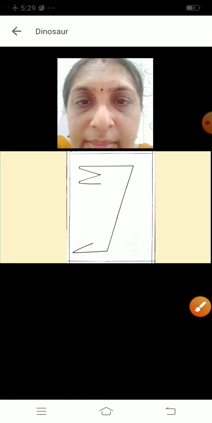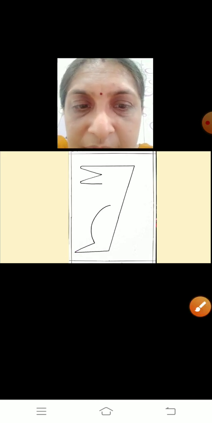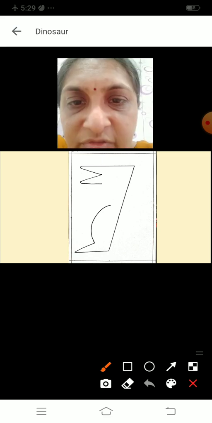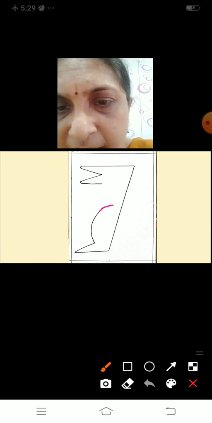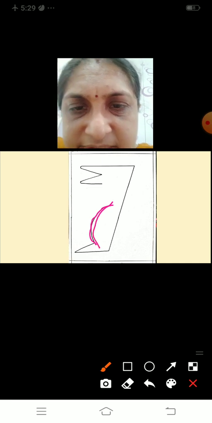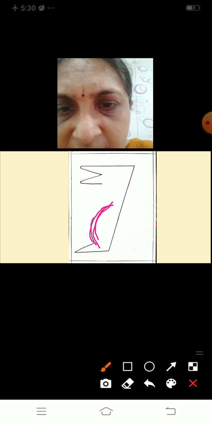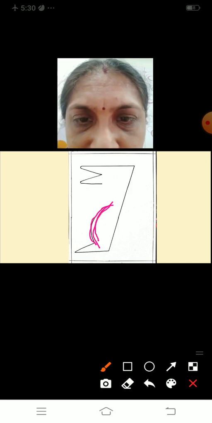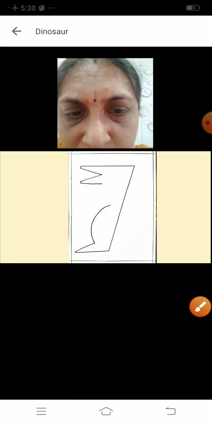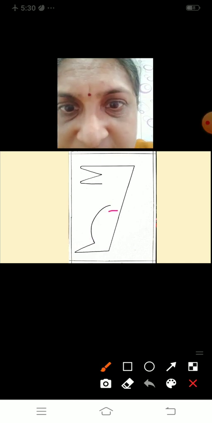Then we'll do the upper part of the leg. So you'll draw a curved line like this, and you will leave it. From here you will start and come down and meet that slanting line. You do not have to join this part. This part you will not join.